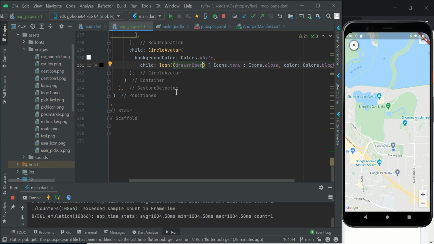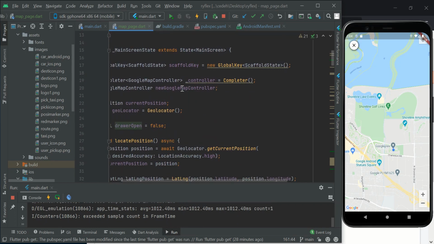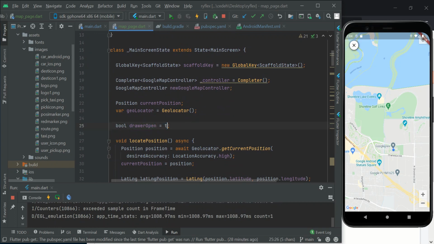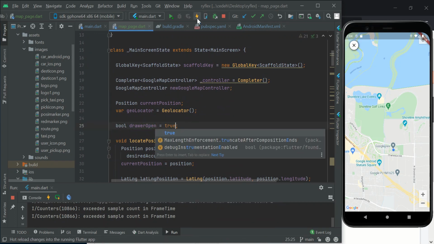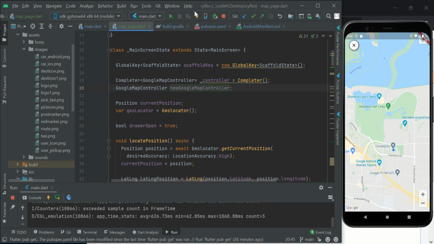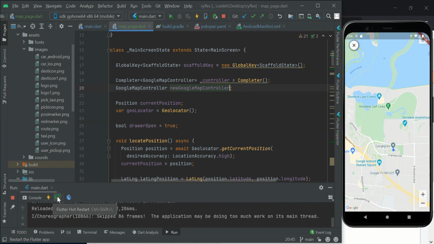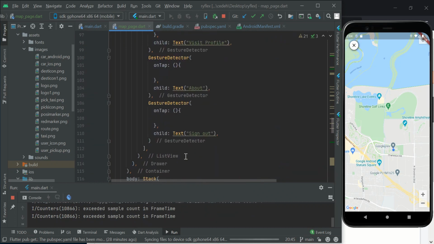So what we are looking at, drawer open. Let's change drawer open to true and see what happens. Drawer open, we set it to true, and okay, let's restart the whole app itself. So while the app is restarting, we'll go ahead and